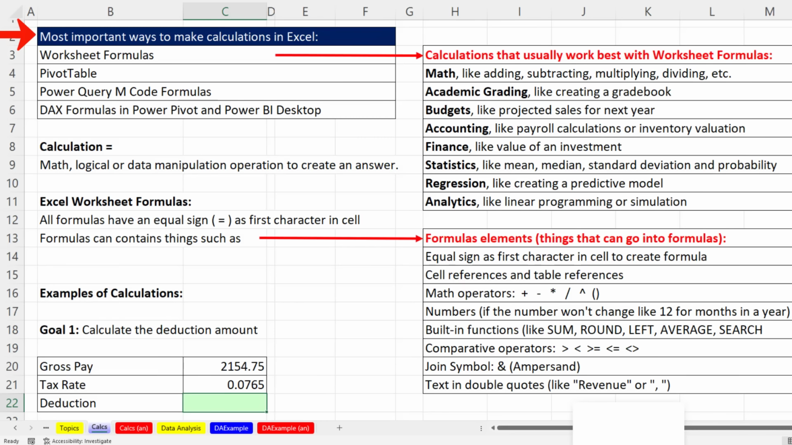Now, the most important ways to make calculations in Excel, well, worksheet formulas, which is what we'll talk about in this video. Pivot tables can make calculations. Power Query M-code formulas can make calculations. And also DAX formulas in Power Pivot and Power BI. Now, with all sorts of different ways to make calculations, when we get to worksheet formulas in the worksheet, calculations